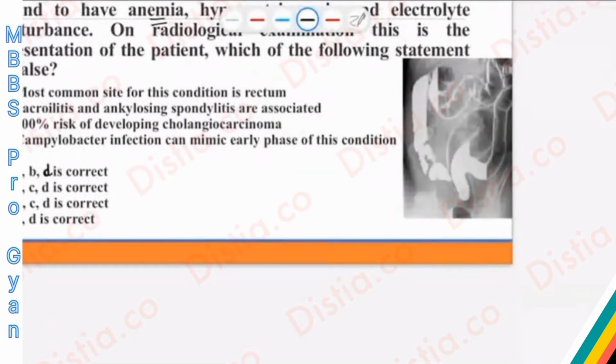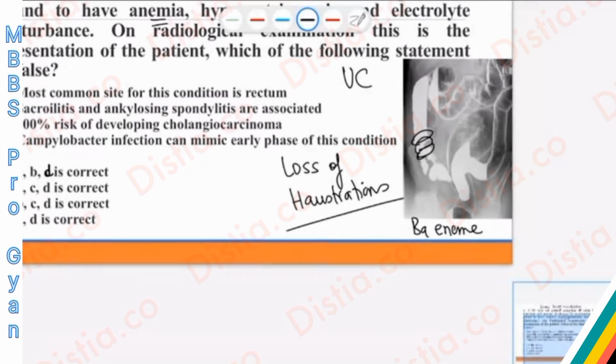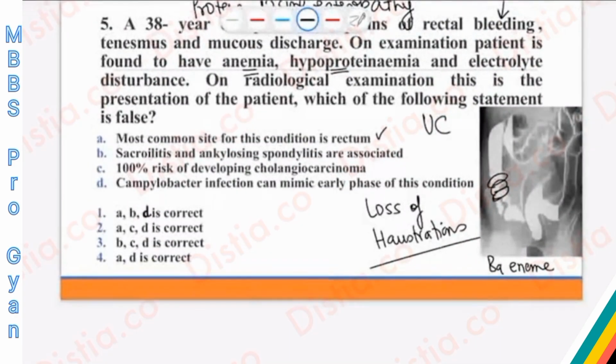On radiological examination, the following image is shown here. You can definitely notice that this would be a barium enema. In this barium enema, however, there is a very characteristic feature: normally you are able to see the haustrations, but in this case, there is a very peculiar presentation in the form of pipe stem colon. Or even if I don't use the classical terminology, I hope you will agree with me that the standard haustrations that should be visible are not present, which makes you think in terms of diagnosis of this condition as ulcerative colitis. The most common site for this is the rectum.